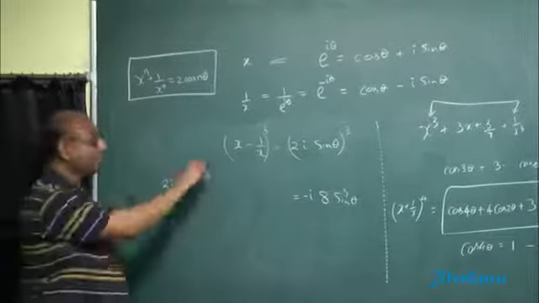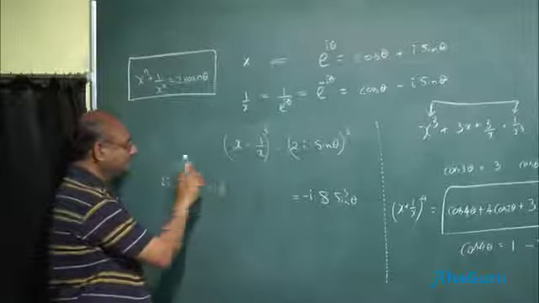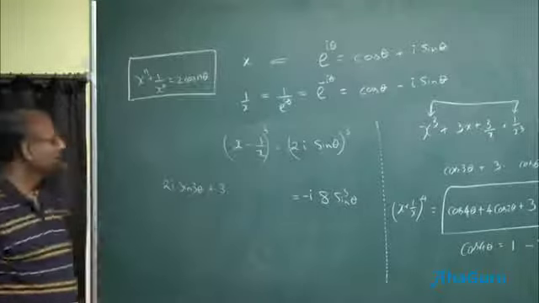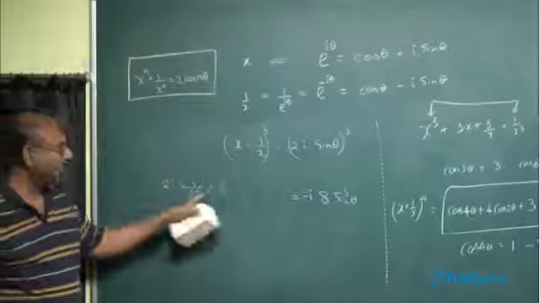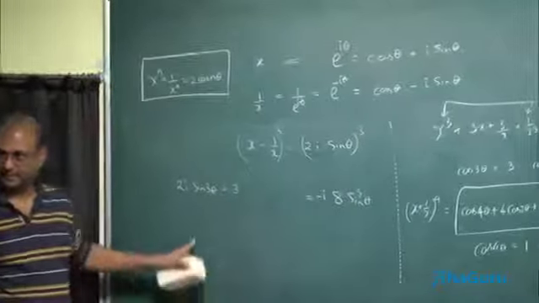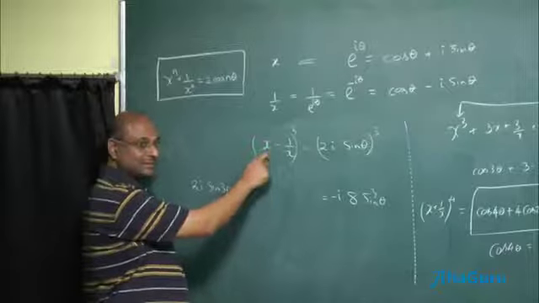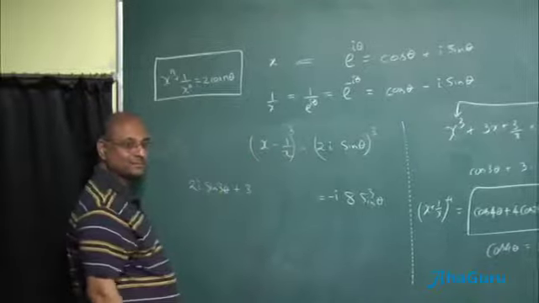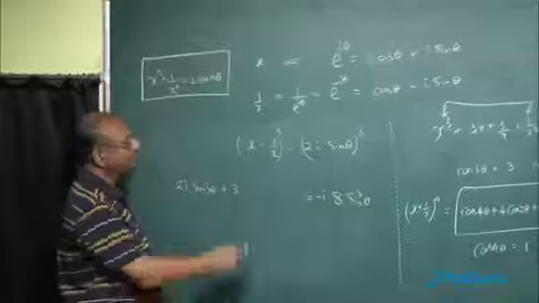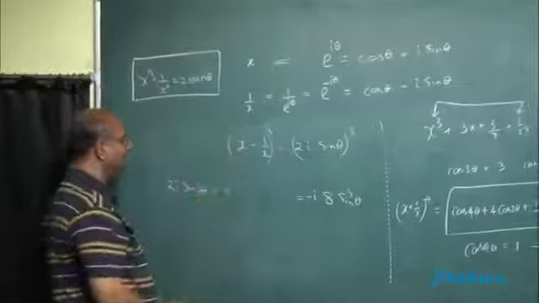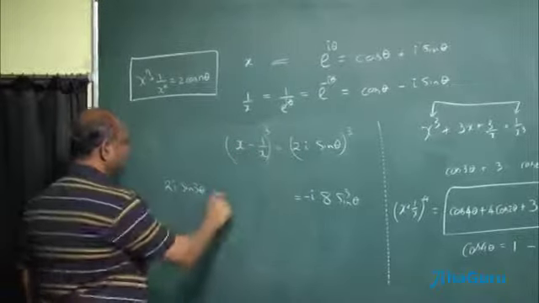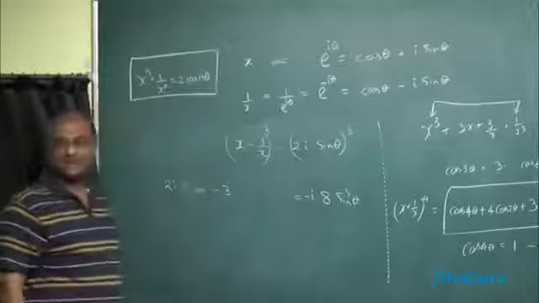What about the second term? Plus 3 times x minus 1 by x. By the way, I am not dividing by 2 anywhere here. I am assuming that is clear, right? So 3 times 1 by x minus x. Oh, sorry. The first term will have a minus. The first term will be a minus. So this is minus 3 times x minus 1 by x.